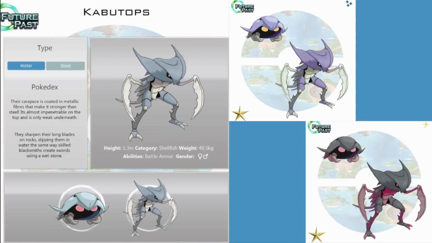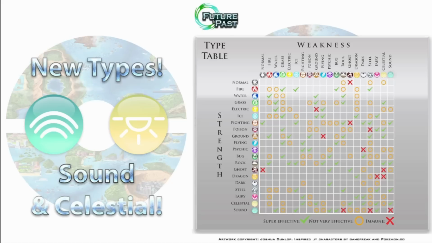Kabuto, Water and Steel type. Their carapace is coated in metallic fibers that make it stronger than steel. It's almost impenetrable on the top and is only weak underneath. They sharpen their long blades on rocks, dipping them in water the same way skilled blacksmiths created swords using a whetstone. Another reminder that there are 2 new Pokemon types within the region, the Sound type and the Celestial type,